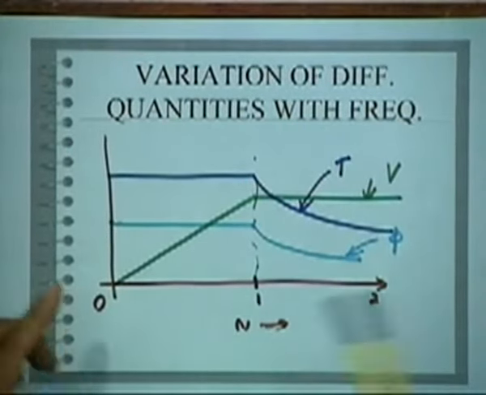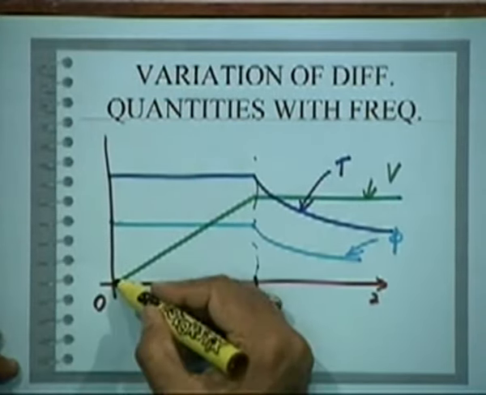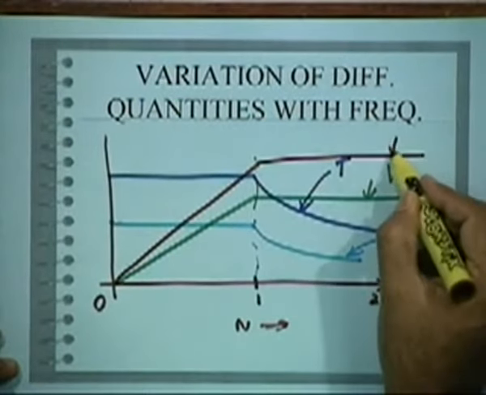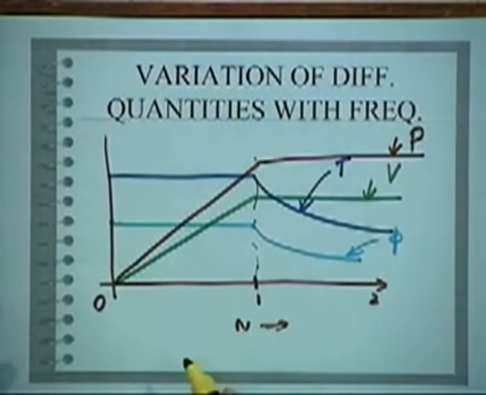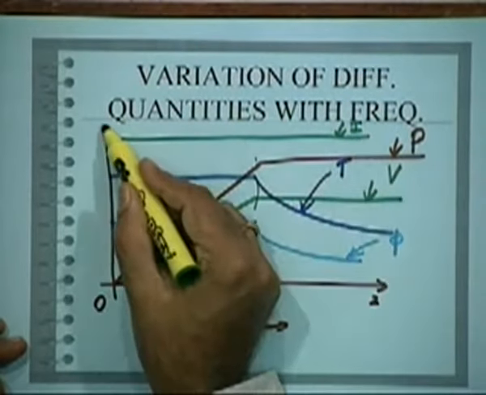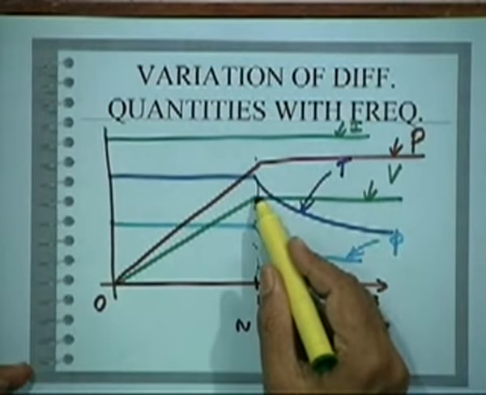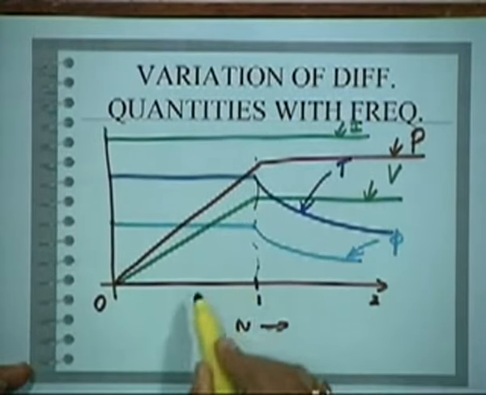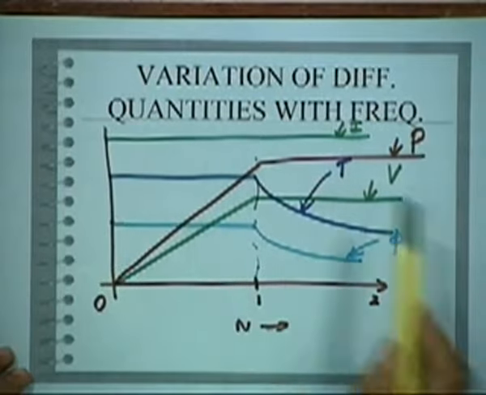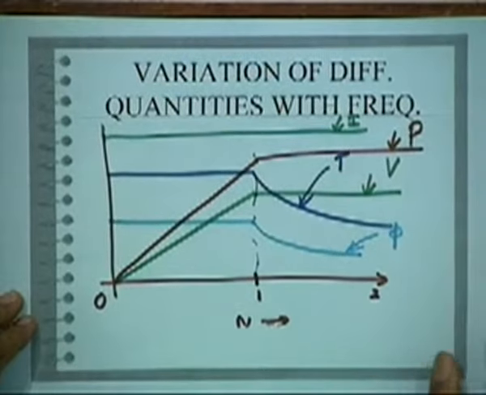Power, if you want to plot power, how will it look? So power, again it will go, this will be P. So you can draw several of these. You would prefer to maintain the current almost the same value, so the nominal current can be the same throughout, because you want the rated value. So here the voltage will be increasing till the base value, then it's constant. Okay. So these are the variations of different quantities with frequency. This is what you have to maintain.